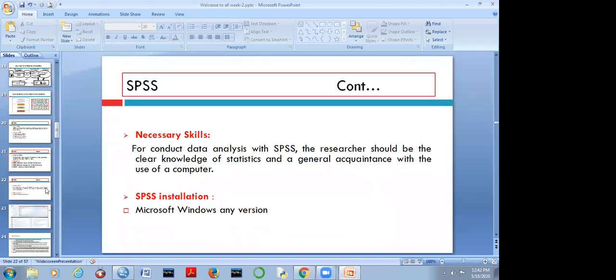ठीक है. And what is the necessary skill you want? For conducting the data analysis in SPSS, the researcher should have clear knowledge of statistics. कोई भी, whenever you go for Python or SPSS or Excel and you want data analysis, there should be a clear knowledge about statistics and general knowledge of computer. अगर कंप्यूटर एक्सपर्ट आप नहीं भी हैं, लेकिन आपको स्टैटिस्टिकल एक्सपर्ट होना जरूरी है। लेकिन पाइथन में वहां पे कोडिंग है, तो आपको दोनों चीजों की नॉलेज होना जरूरी है, स्टैटिस्टिक्स की भी और प्रोग्रामिंग की भी।